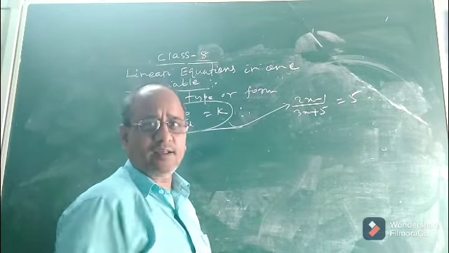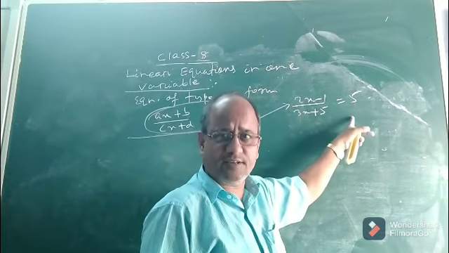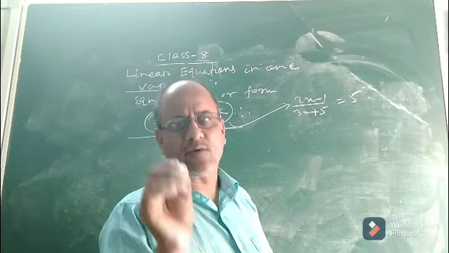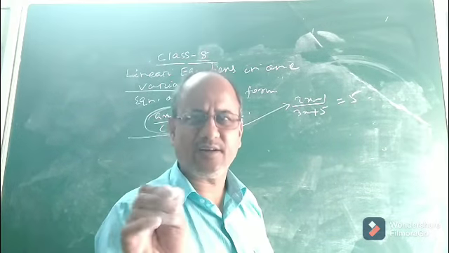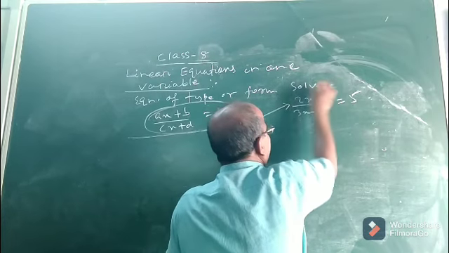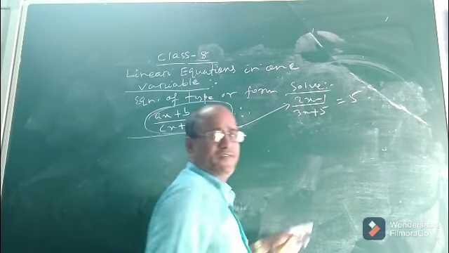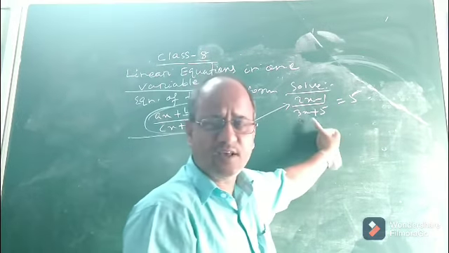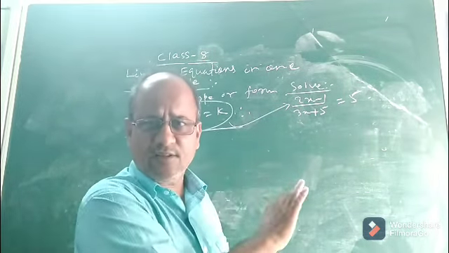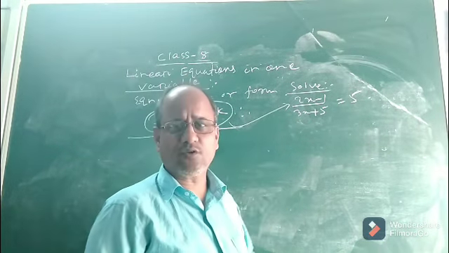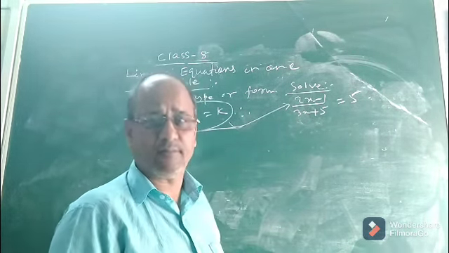Now if you are given a linear equation of this type, how to solve it we will discuss. It is solved by one method known as the cross multiplication method. It is very easy. Let us solve it and find the value of x, the unknown or variable for which the equation will be satisfied, that means the left hand side and right hand side will become the same.